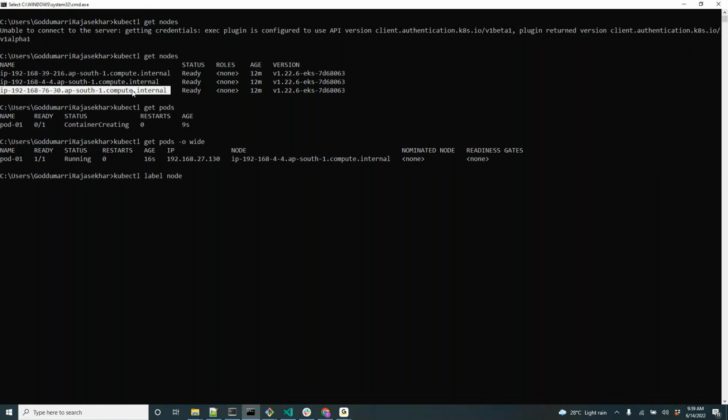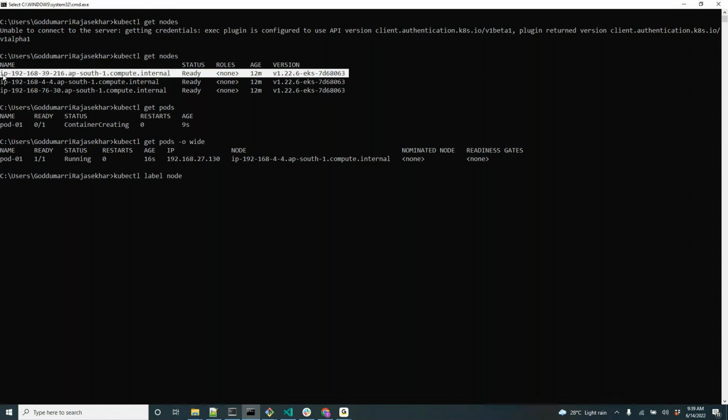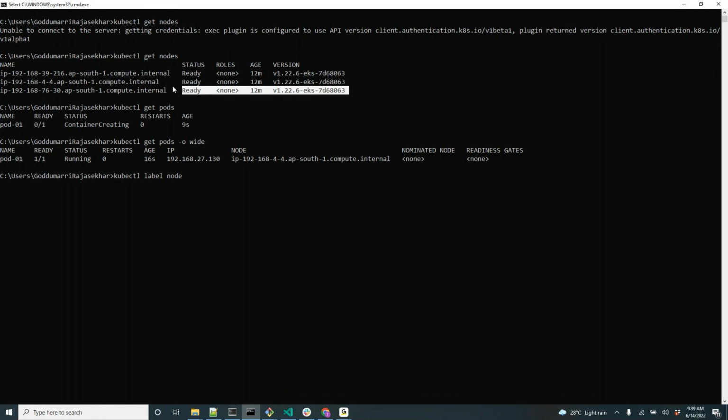For example, now I'm running some database pods. All the database pods I want to go to this node. I'm running some Nginx. All the front end pods I want them to go here, and then backend pods I want to go them here. Okay, so there is some business case also involved in this to reduce the costs. We will discuss it. For now, let me label this as kubectl label